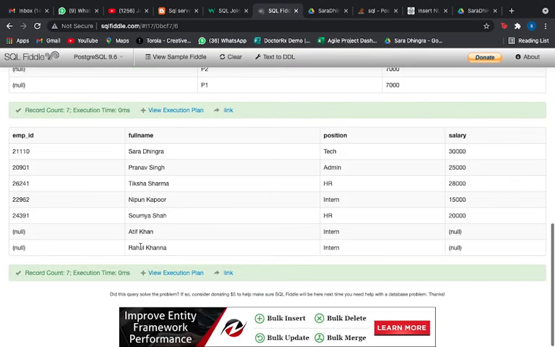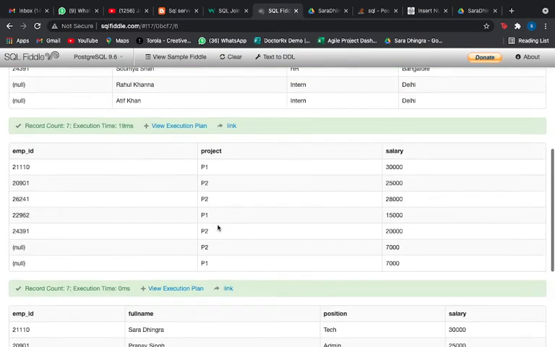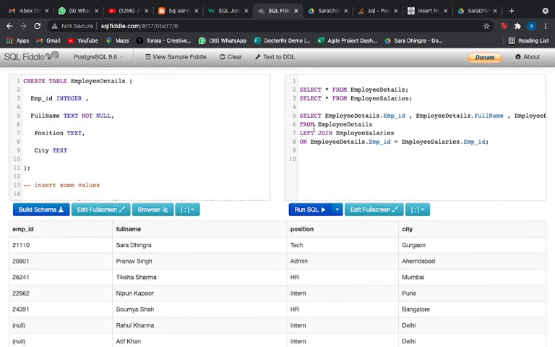I'm just talking about the left table here. So I've got all the null values also from the left table. So this was left join. Now I'll be just changing the join types in this particular query, so I'm able to show you what are the actual differences between the joins. I hope you are able to understand it.